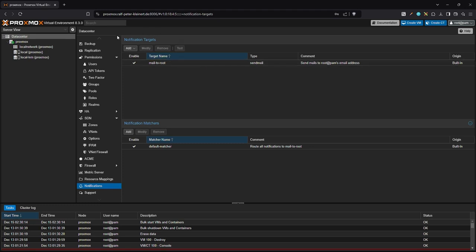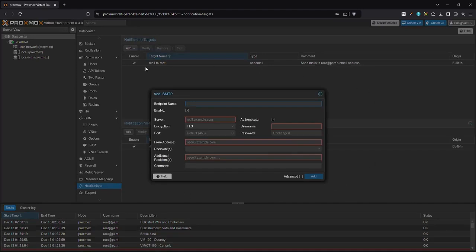First, we go to Notification Targets and press the Add button, and we want to add an SMTP target. Here is the SMTP configuration window. The endpoint we'll use, that's the name, is mail2. That's what it's called for me now. You can name it whatever you want. For me, the server sends from oneblue.smtp.1.d. This email goes out, but it could also be smtp.ios.de or whatever else. You'll of course need to enter your own data here, the ones you got from your